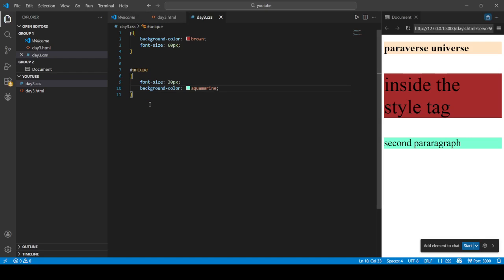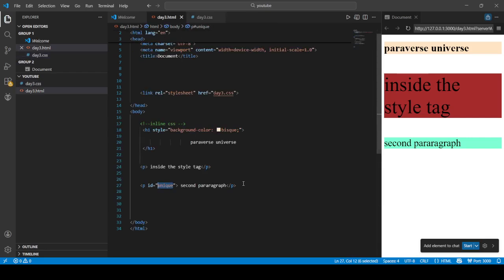that exist till now in our HTML file, it will give the background color brown to all the paragraphs that exist in our HTML file. Now if you want to give a unique identification, or if you want to give any particular CSS to a particular element, you have to declare the ID for that. Okay, now third thing, if you want to